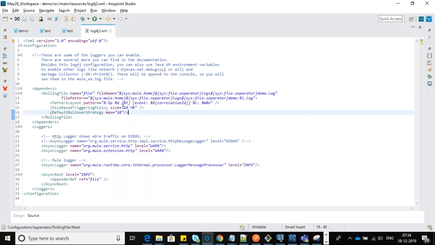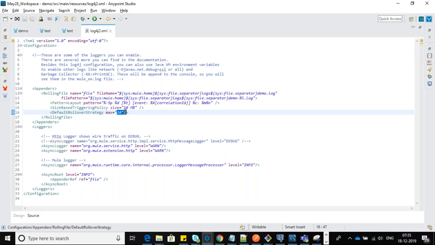The second thing is you can see each file size. The log file keeps on being generated; every 10 MB, it will try to generate a new file. So the rolling strategy maximum is 10 into 10, 100 MB. Suppose a few more logs still come and you start adding the 11th file. What will happen? The first file you created will be removed. We can always hold only 100 MB of logs, guys. The history logs get deleted automatically because that's a constraint from MuleSoft.